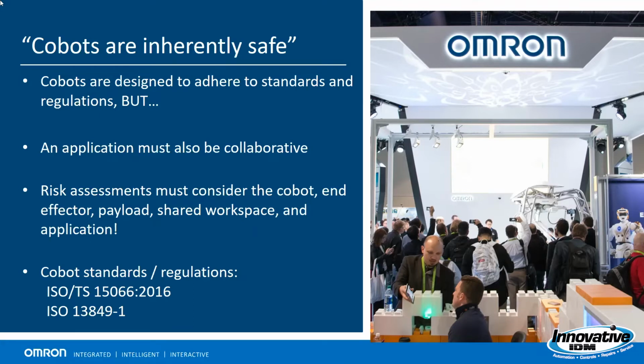If there are any physics or biomechanics nerds in the audience, the Robotics Industries Association RIA website has some really insightful safety webinars that go over the details and calculations behind these. To comply with these assessments, standards, and regulations, you often need to supplement your cobot with safety products to ensure your application is collaborative. A risk assessment is also required to assess potential causes of injury and to mitigate those